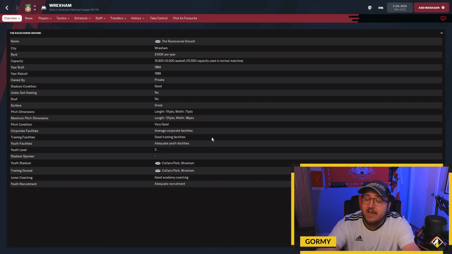Now, facility-wise, they have good training facilities. They have adequate youth facilities, good academy coaching, and adequate recruitment. Now, the thing about the youth facilities and adequate recruitment, I feel that, yes, you can most definitely improve on that, but with the saves that I have done with them, I still get absolutely golden generation after golden generation from this club, because they get to pull in some of the best Welsh talents within the game. They will come through Wrexham, Cardiff, and Swansea. So you get to be one of the big three that are really going to be able to shape the